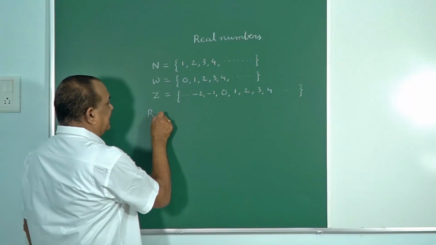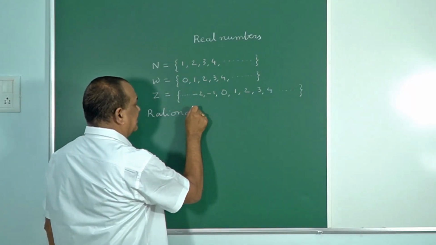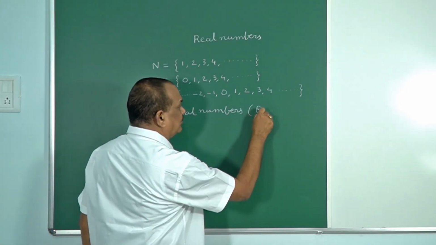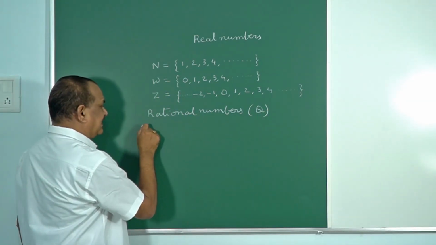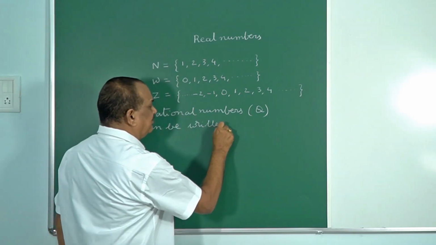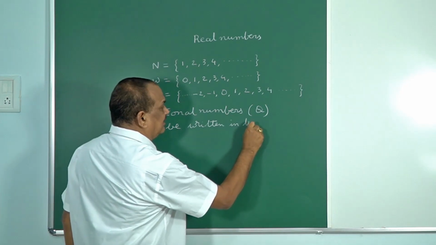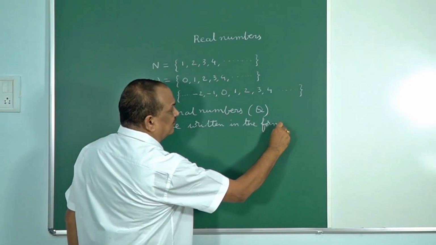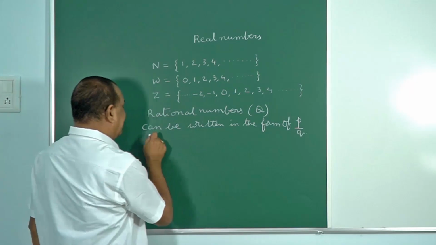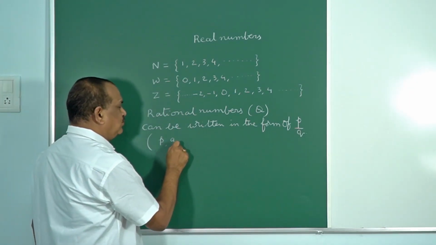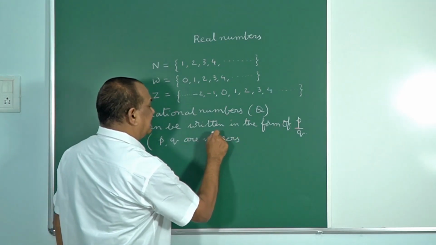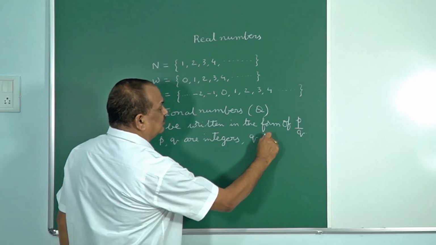So when you say a rational number, this set is represented by the letter Q, and a rational number can be written in the form of p on q, and there is a condition here that p and q are integers,